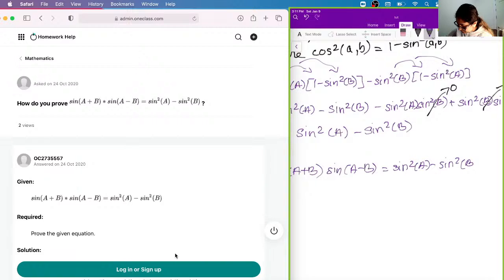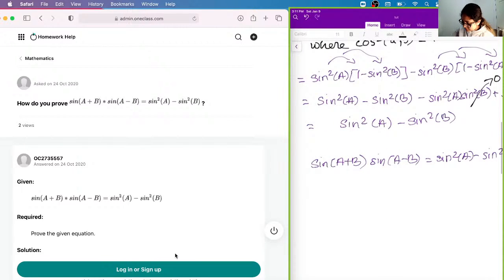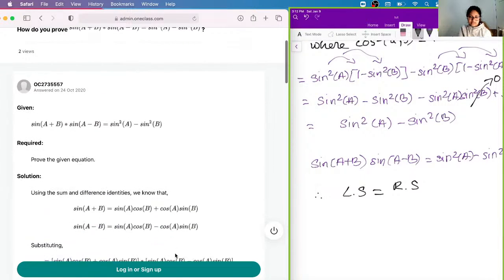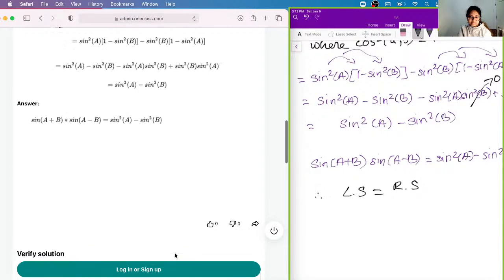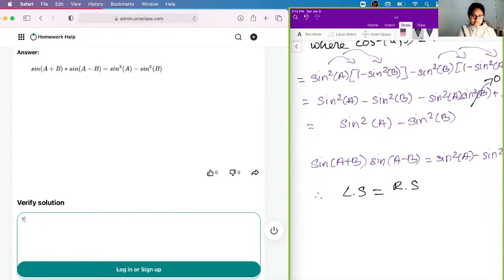So we just proved this, and therefore we can say that the left side is equal to the right side. And so the solution is